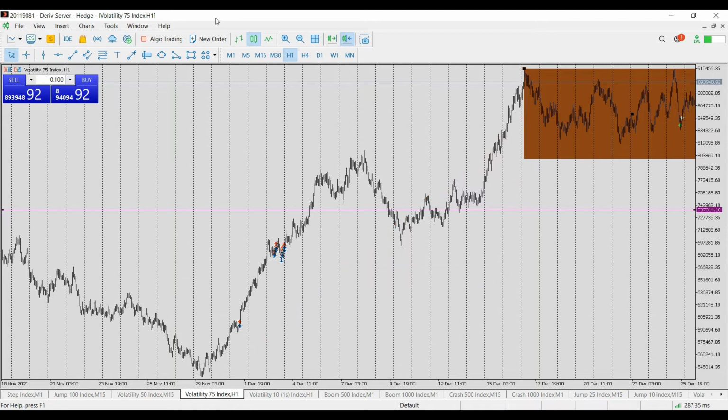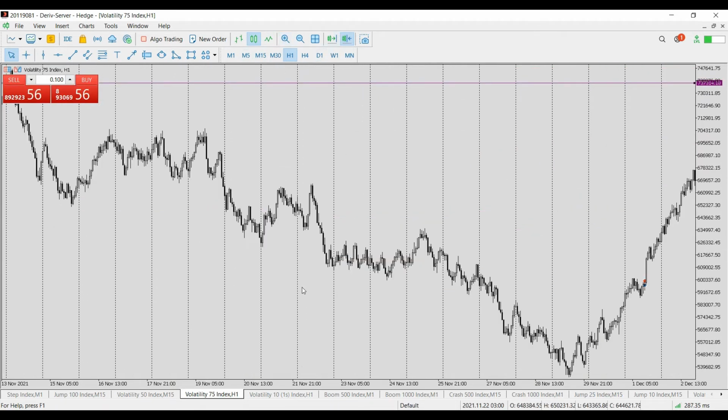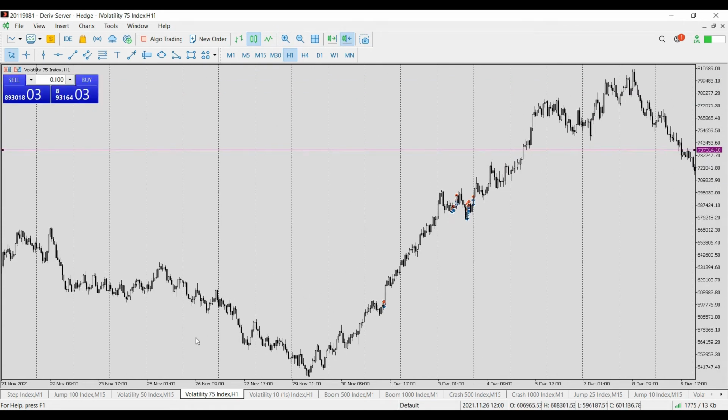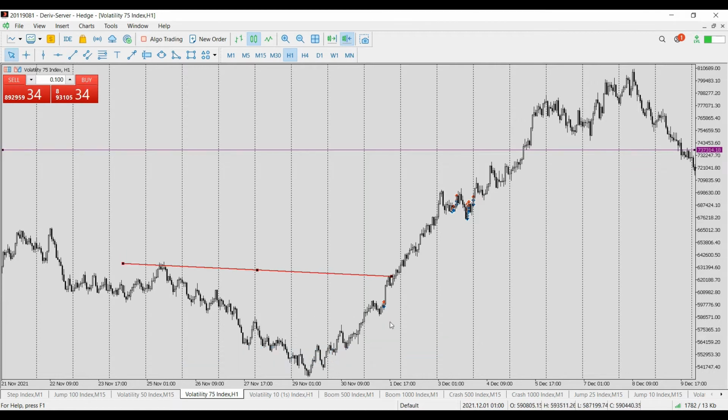Okay, guys, so the first thing we would have done is to identify a break of structure. And what is the break of market structure? Break of market structure is what verifies the direction, the overall direction of that market. You understand, guys? What verifies the overall direction of that market. And from what we are seeing here, we had the first break of market structure here. So if this is our break of market structure, guys, the next thing we are going to be looking out for